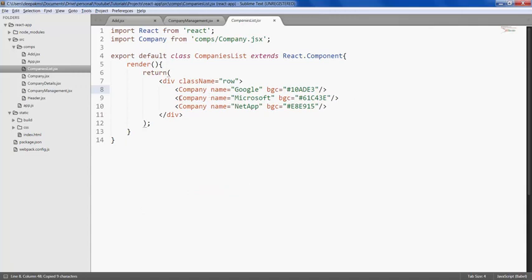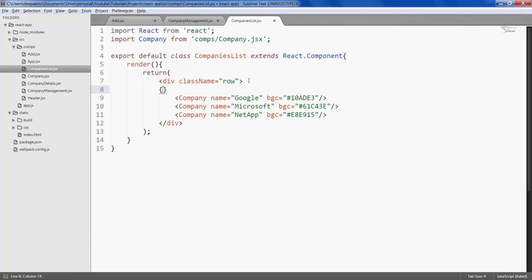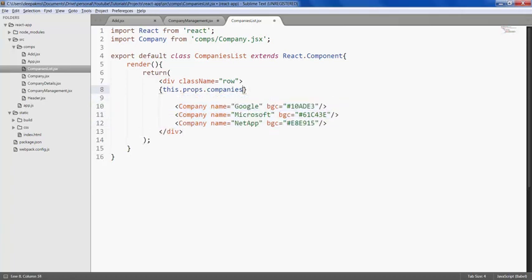Okay, we want to iterate through this array and render each company element. And how we do that is by using the map function. What this does is it iterates through the companies array and calls a function